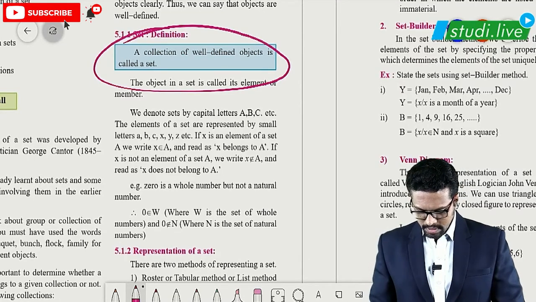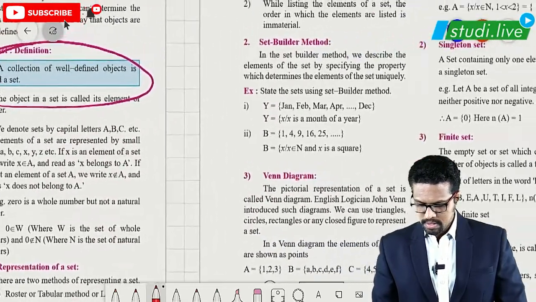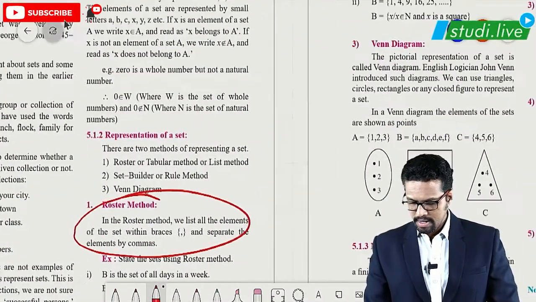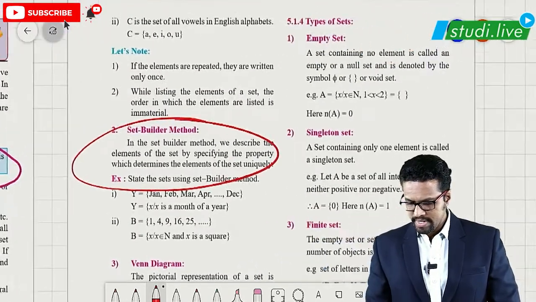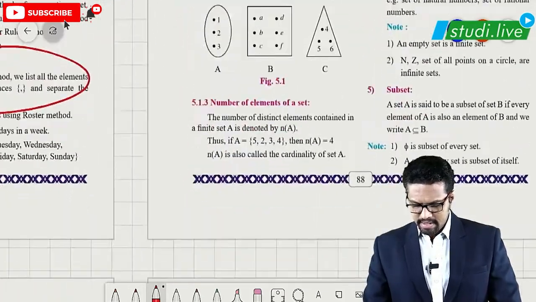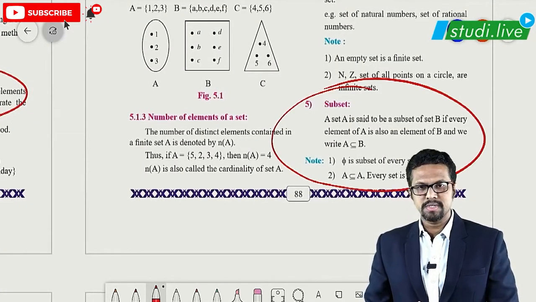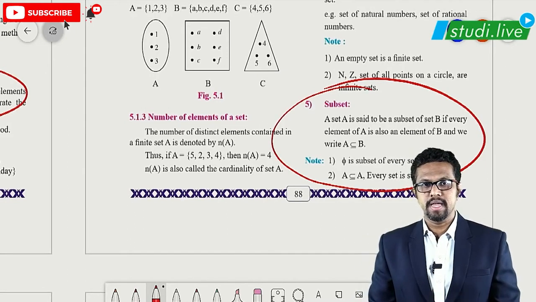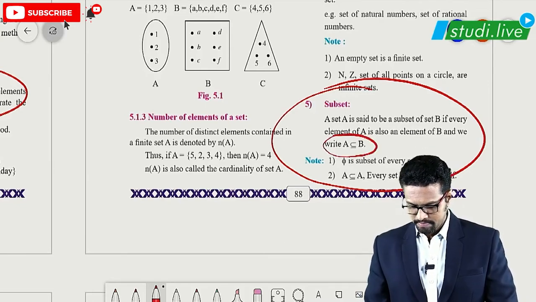Now, apart from this, what all should be known to us? We should know the different methods in which we can represent a set. We have the roster form, that is the list method, and we also have the set builder method, or the rule method. Then we have different types of sets: empty set, finite set, infinite set, singleton sets, and subset. Another important definition is of subset. What is a subset? A set A is called a subset of B if all the elements in set A are included in the elements of set B. This is how it is denoted: A is a subset of B.